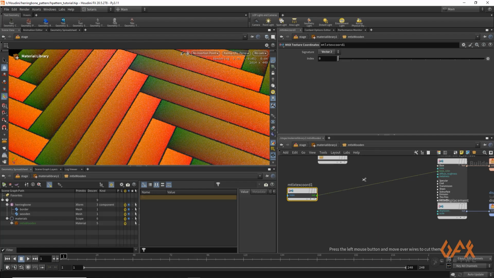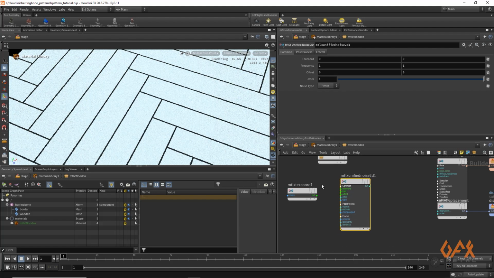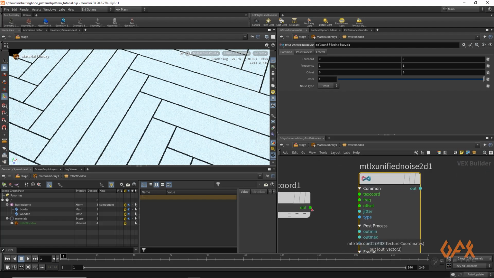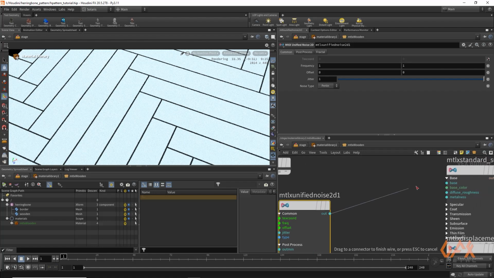Okay, so I just cut it down, and right now I just apply one unified noise, in which we have this texture coordinate. So I just apply this texture coordinate and apply it to base color.